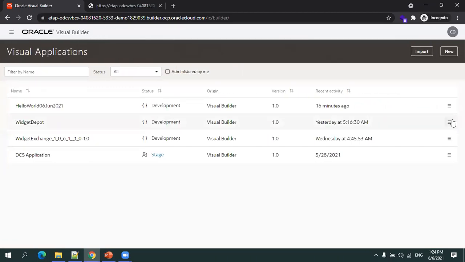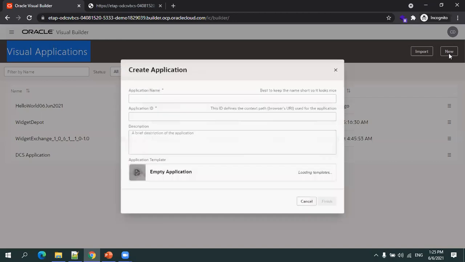Now what we want to do is create a new application, isn't it? The first component we create is called a visual application. You can also import an existing application. Let us say some developer has created a program and you want to import it. You can simply click on import, use that one and modify it. Now I'll try to create a new application. This is called a new visual application.